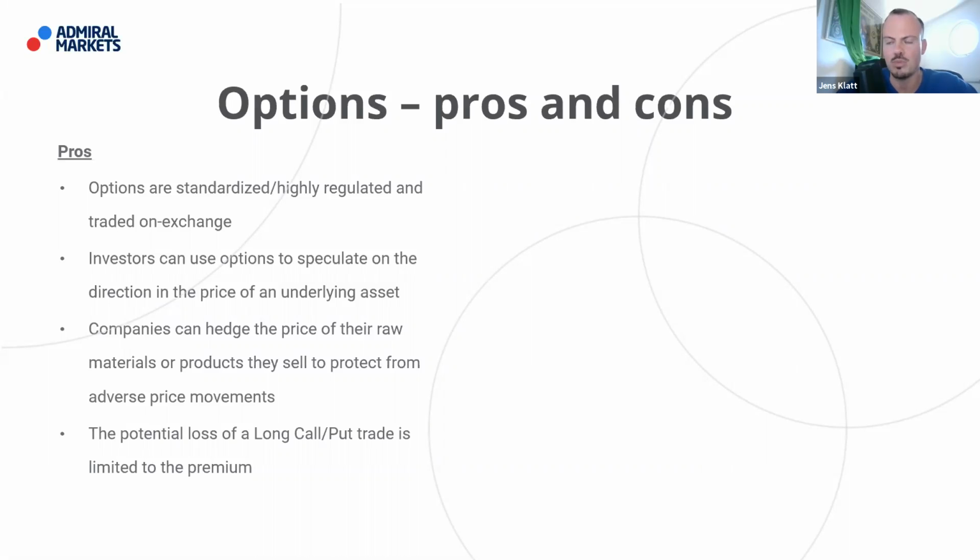So it's important to see that you buy the call and buy the put, but it's not that you sell a call. This is something completely different, something we will look at a little deeper in a few minutes, in fact. And again, companies here can hedge the price of raw materials products by selling to protect from adverse price movements. Same as here true. So they can insure their portfolio by buying puts in this case.